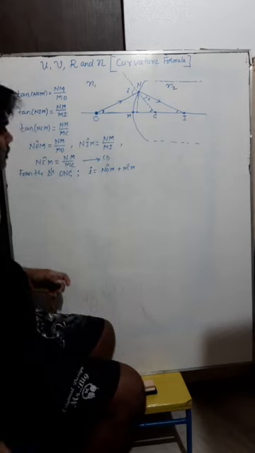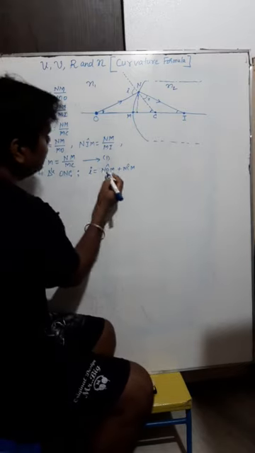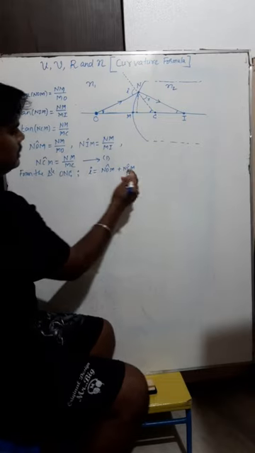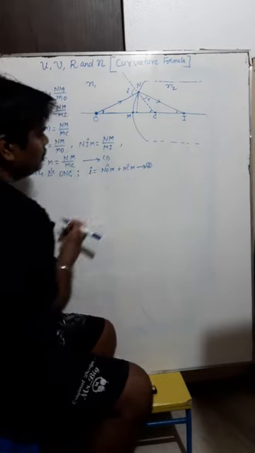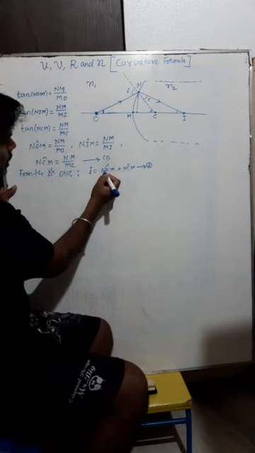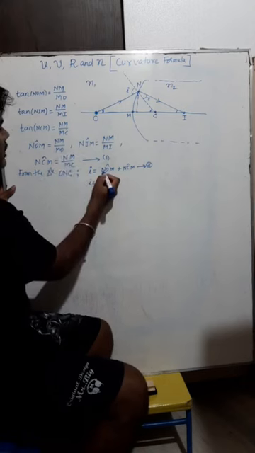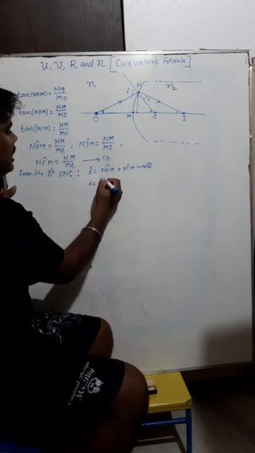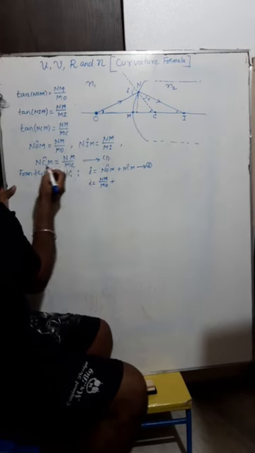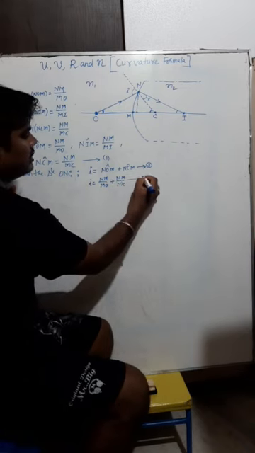So come to the next point. Similarly, let us consider one more triangle. To continue this one, I will replace angle NOM from equation 1. I will consider this as equation number 2. Now I want to replace equation 2 by equation 1. Right? I is equal to NOM plus NCM. Angle NOM can be written as NM divided by MO, plus angle NCM, which can be written as NM divided by NC. You treat this as equation number 3.